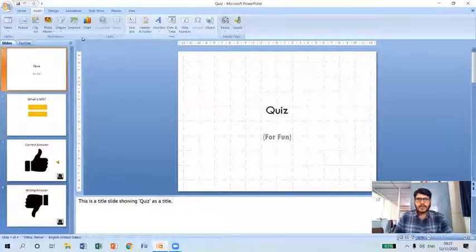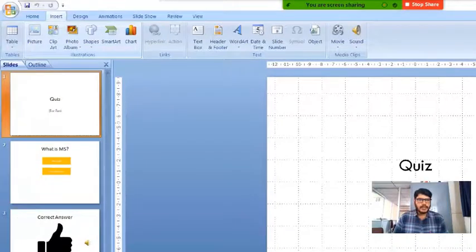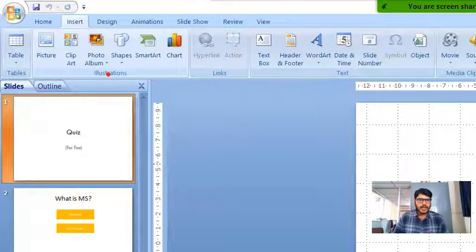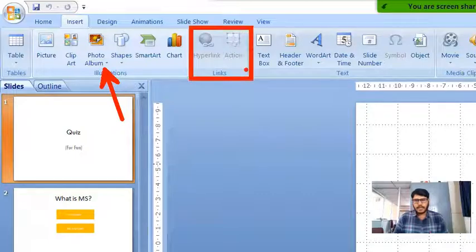The only thing is, if you observe, in the illustrations group, we are having a new option here: the Photo Album option. So this is the new option we are getting in MS PowerPoint. And also, if you look into the links group here, we are having an Action option.